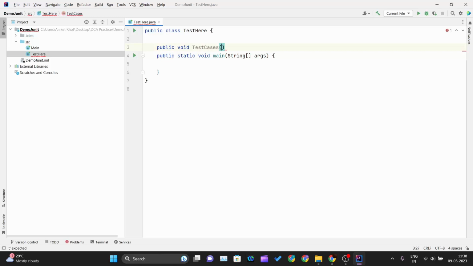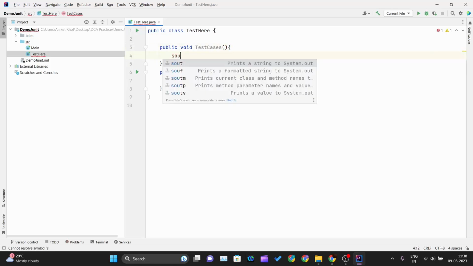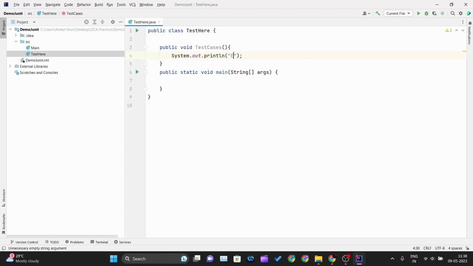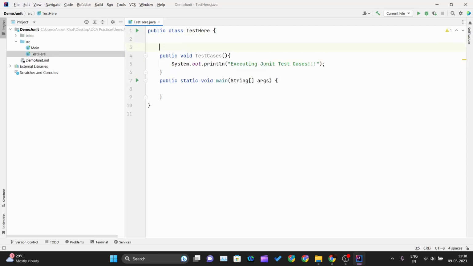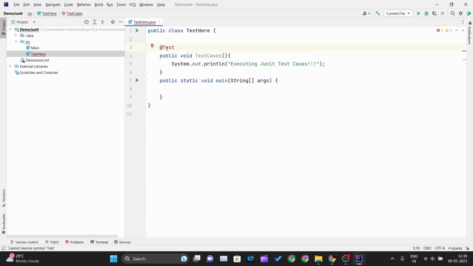testCases, and I will write System.out.println("Executing JUnit test cases"). After that I will come over here and simply write @Test. As soon as I write this, you should get an error,